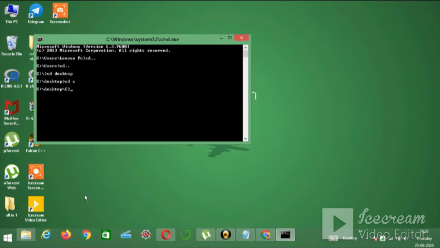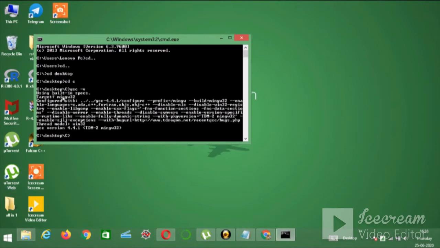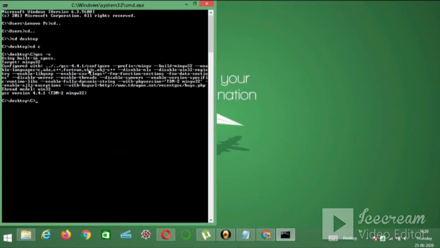Now just type the command gcc -v. It will show the version: using built-in specs, target MinGW, configured with GCC 4.4.1, all are here. So GCC version 4.4.1 TDM2 MinGW32, thread model Win32, meaning 32-bit Windows.